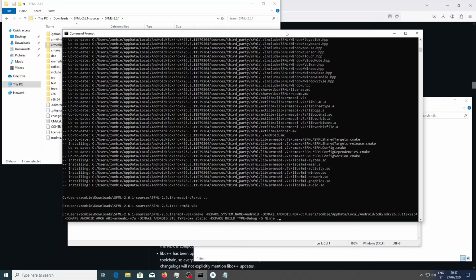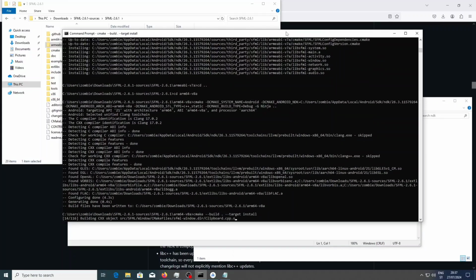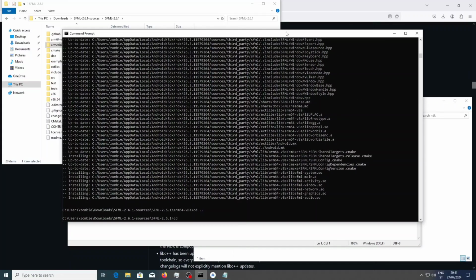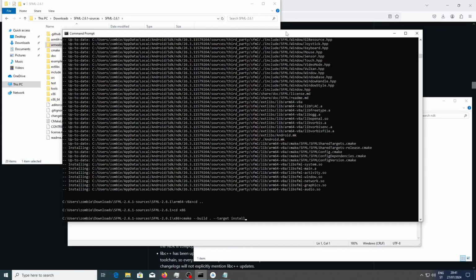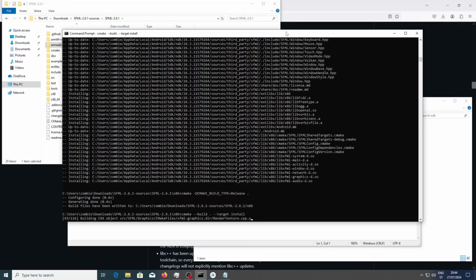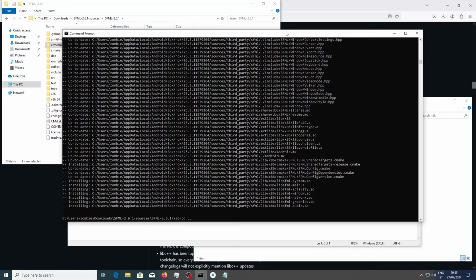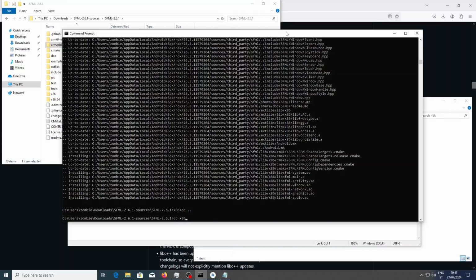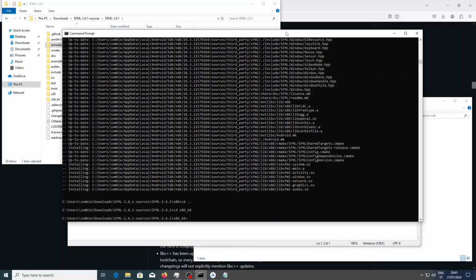So we'll need to change this architecture to be arm64-v8a. That would be also x86, so we'll need to change this again. And we will also build x86_64, which is regular 64-bit,